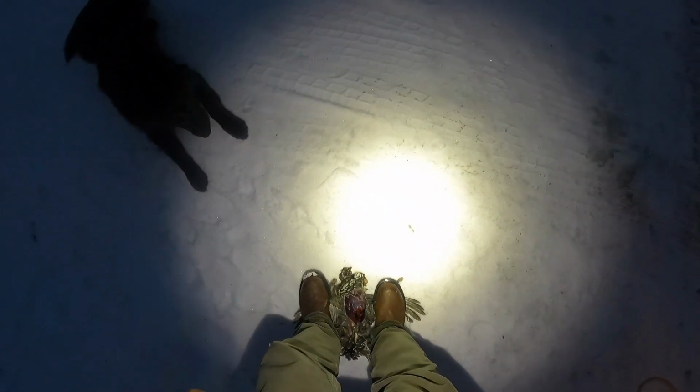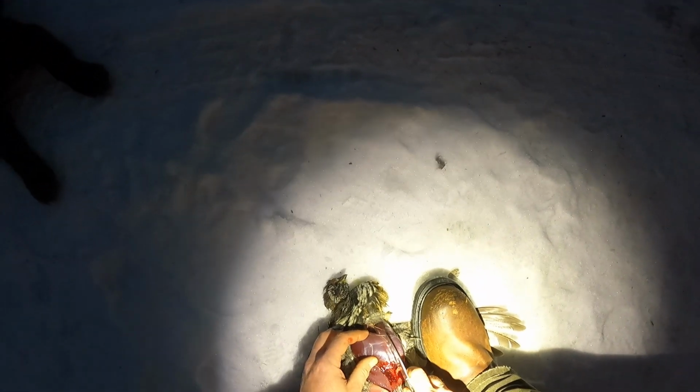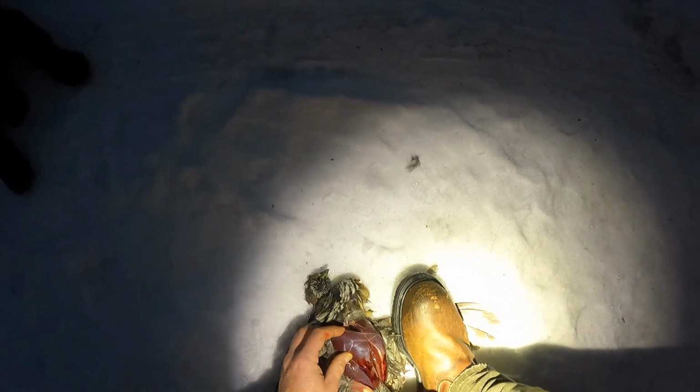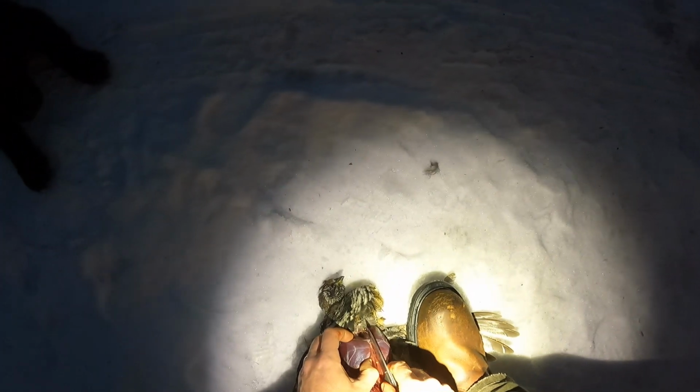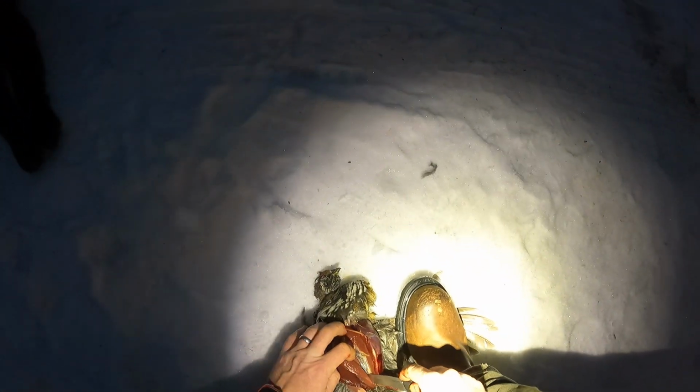All right, and then rather than peel the legs off and take the wings off, all that jazz, I'm just gonna breast this out, and I'm gonna save the legs and all the feathers and guts and stuff for lynx bait, because for the first time in like 5 years, at least, they opened a lynx trapping season here. And if you've watched my little video that came out about a week ago, I got a very nice lynx, and